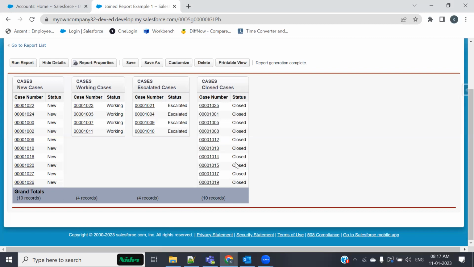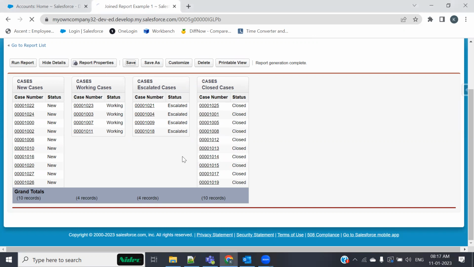Now one last point about joint report is that a joint report cannot be scheduled. This is that report which cannot be scheduled. See, you can schedule summary, you can also schedule tabular report, but joint report cannot be scheduled because to schedule there is a small interface over here which you click, two options come, Run and Schedule. You go with the second option, a new interface opens from where you schedule reports. Joint report cannot be scheduled. Tabular could be, summary also, matrix also. Okay, joint report you cannot schedule.